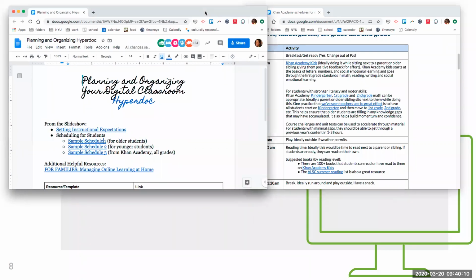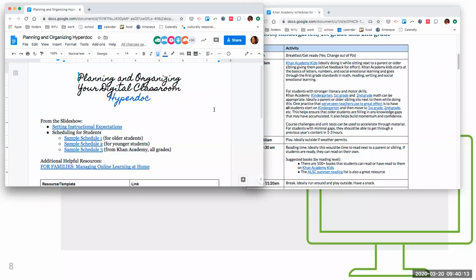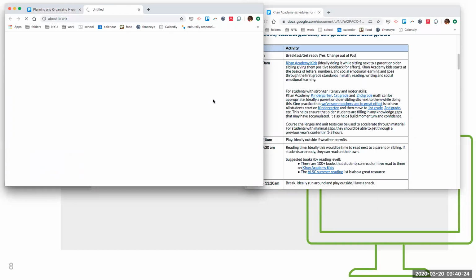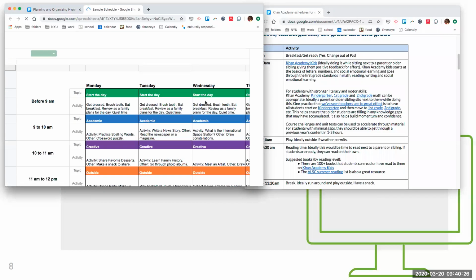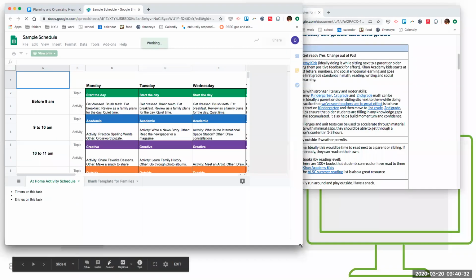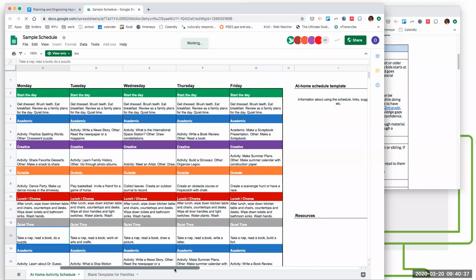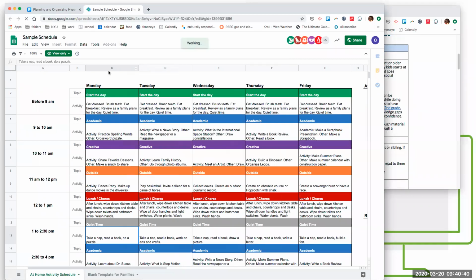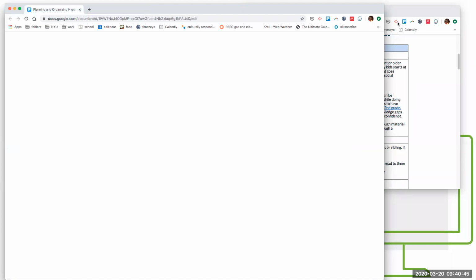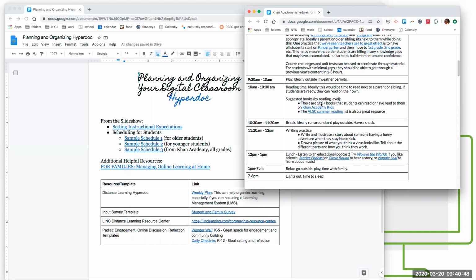And this is the one, Olga, you said that we can change each day or each week, right? Yeah, and it's up to you how often you want to do that. One of the samples, this one I believe, has a whole week at a time. That might feel like too much to plan right now. You might not be able to plan all of these things for an entire week. So you might want to just start with a day. You might not want to do this whole thing. That's why the Khan Academy one is just one day at a time. That's how you can do it.